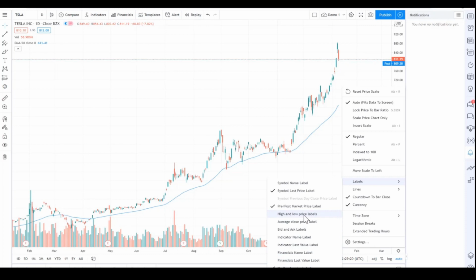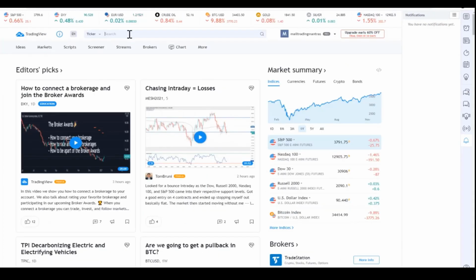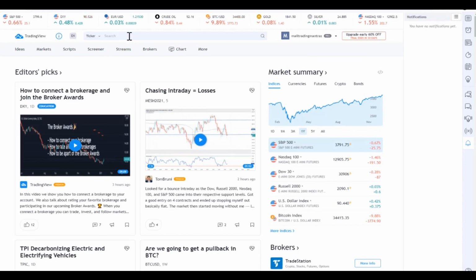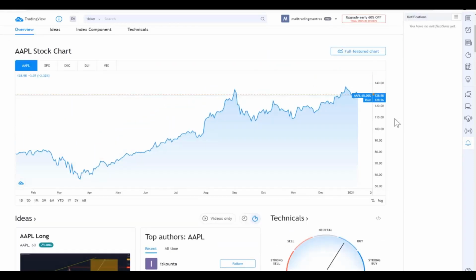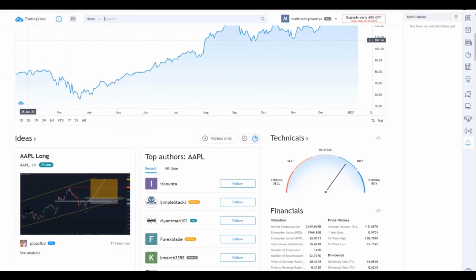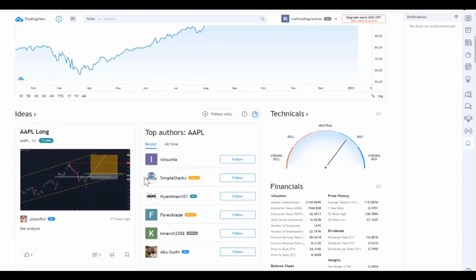One of the last things that I wanted to tell you guys is, if you are using TradingView for the first time and you want to look into any of the stocks, I would recommend that you go to this place. You can put in the stock that you're trying to search. So here for reference, I'll use Apple, and if you see, it has pulled out all the details related to Apple in this platform. I can see the chart, I can look at the ideas, I can look at the top authors who have been publishing ideas about Apple. So if you want to follow someone, you can follow them from here. You can also get the technical details, the financial details. So it has everything that you need to do your stock analysis.